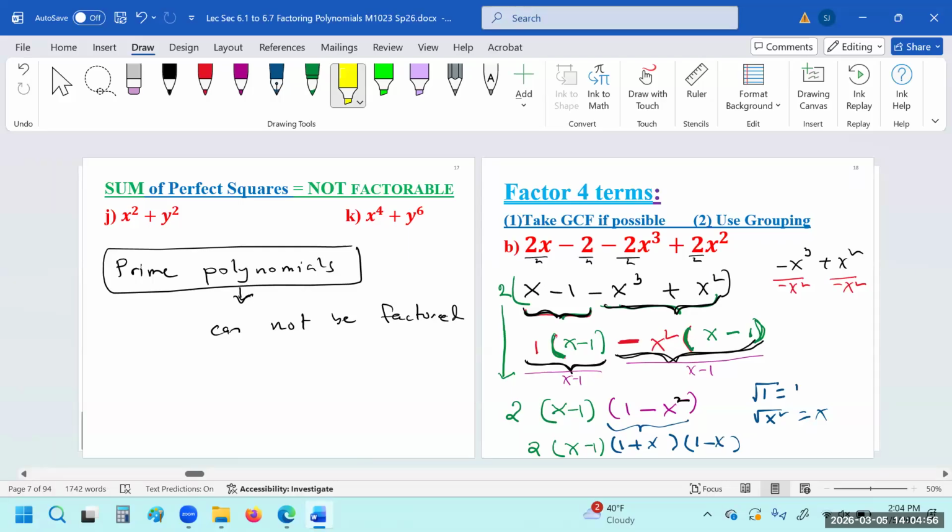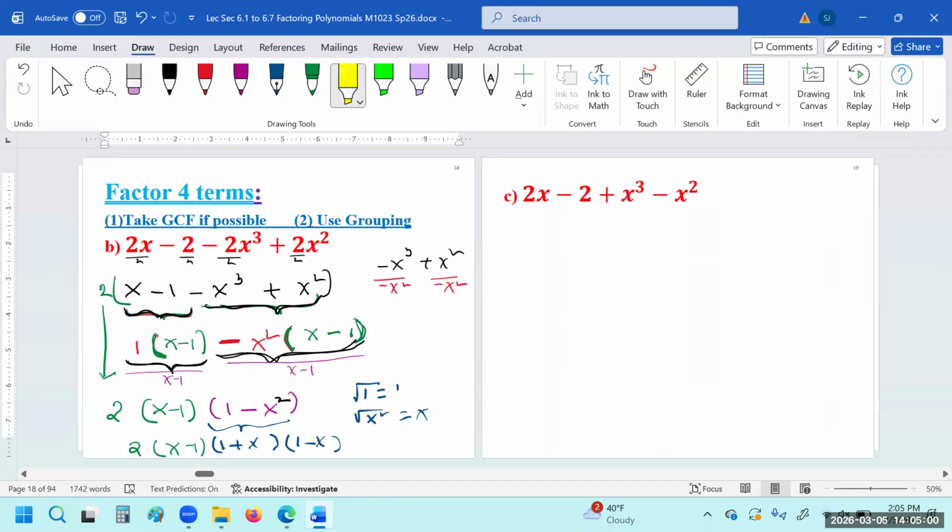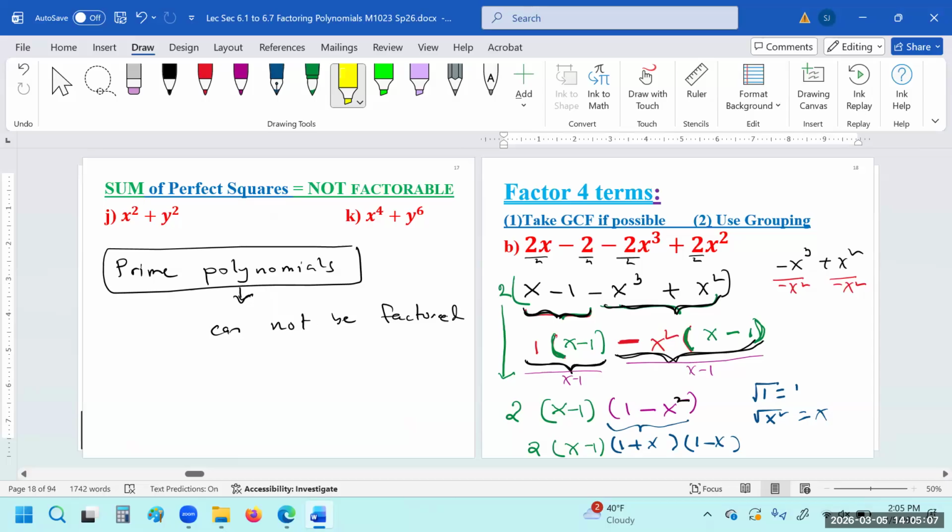No, because when I saw the 1 minus x squared, I was thinking you can still factor it, but because it was rotated, I didn't know if it would still apply. Which one are you talking about? On the last one, 1 minus x squared, I'm like, wait, that's a difference of perfect squares. Yeah, but it doesn't matter in which position they are, as long as you have a difference between perfect squares, you just take them.